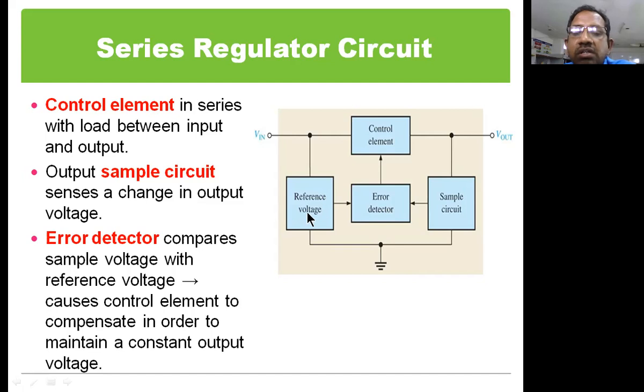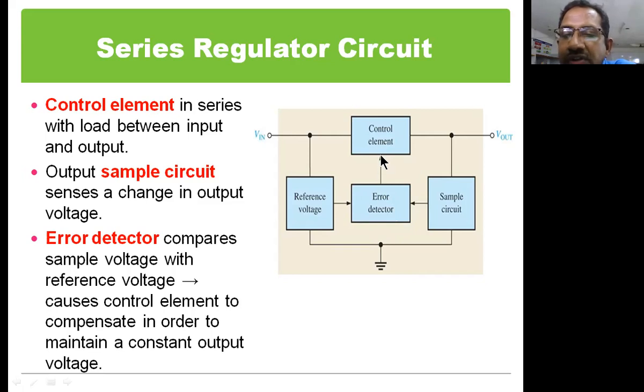That's not an issue as far as the block diagram is concerned. The reference voltage is the fixed voltage that you want the output voltage to be. Say we want Vout equal to 5 volts, then the reference voltage will be 5 volts. If we want Vout to be 3 volts exactly, then the reference voltage will be 3 volts. If you want an output voltage of 4.5 volts, then the reference voltage is also 4.5 volts. Then the comparator output is known as the control signal applied to the control unit.